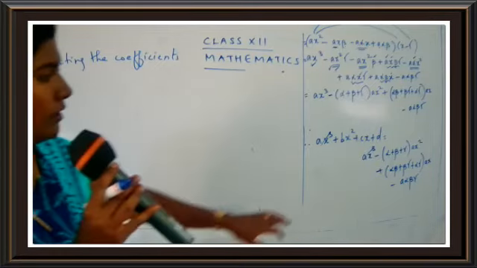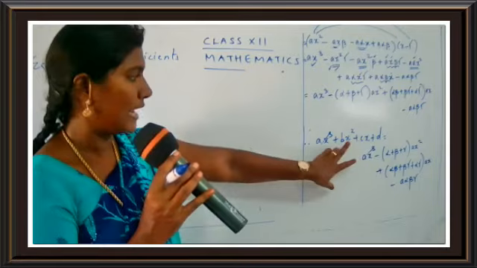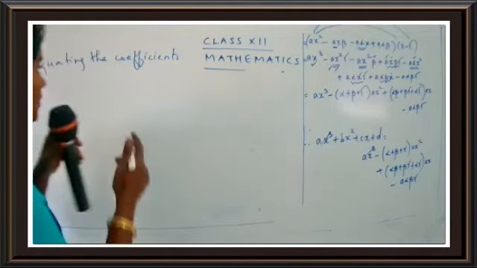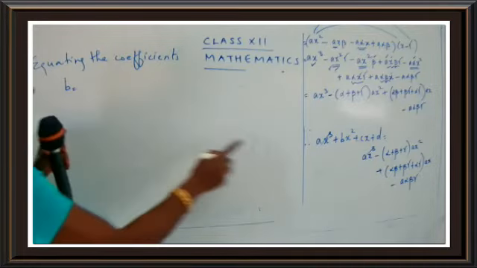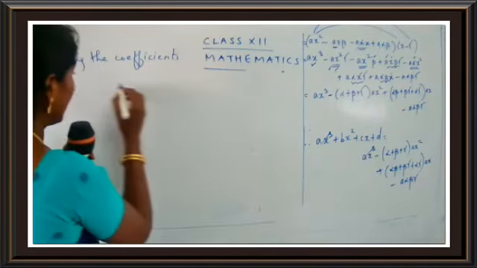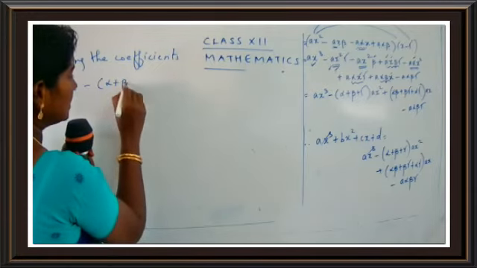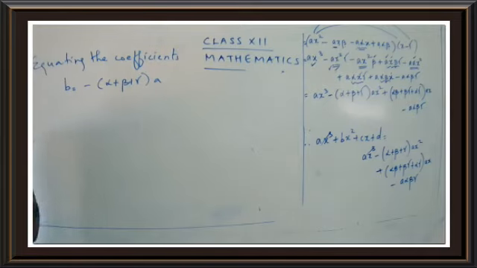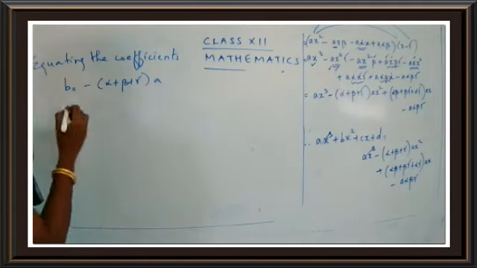I am going to take the x square term. I am not going to write x square. I am just going to take the coefficient of x square. So what is the coefficient I get here? B. And what is the coefficient I get there? See children, be careful with the sign. It's minus alpha plus beta plus gamma times a. I have just taken the coefficients. Very simple thing. I just have to go on with the process.